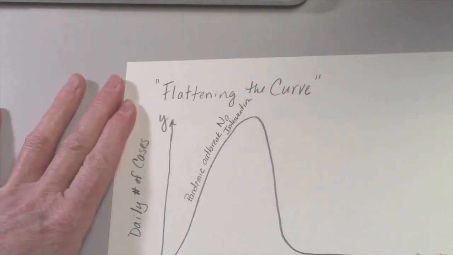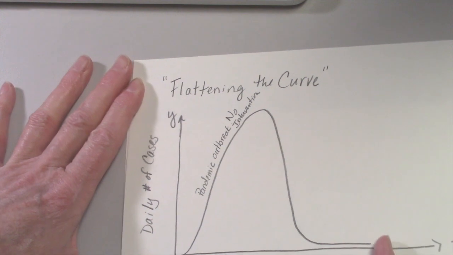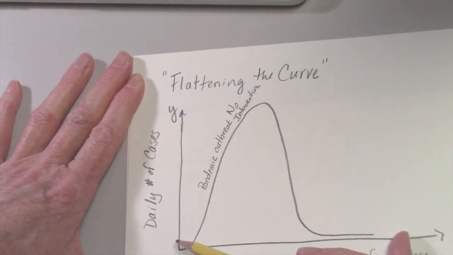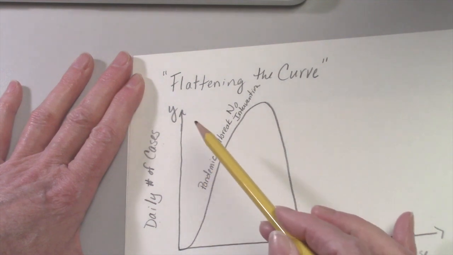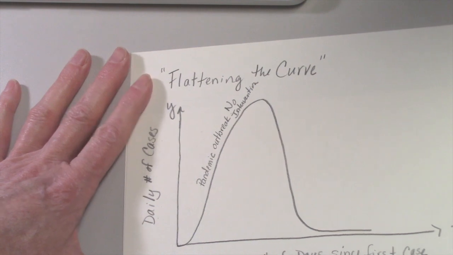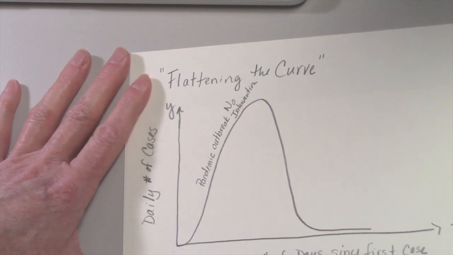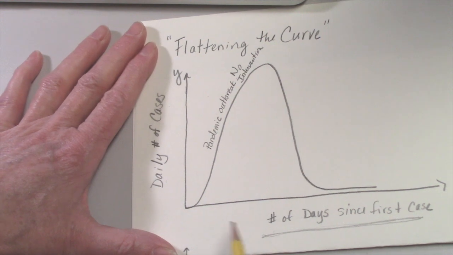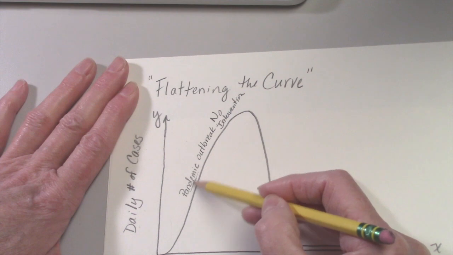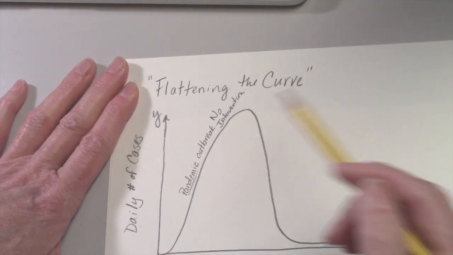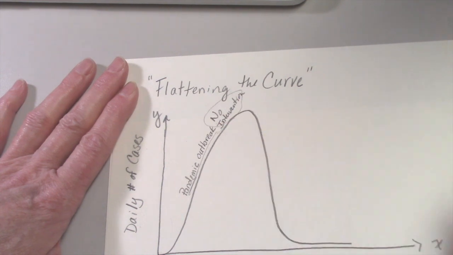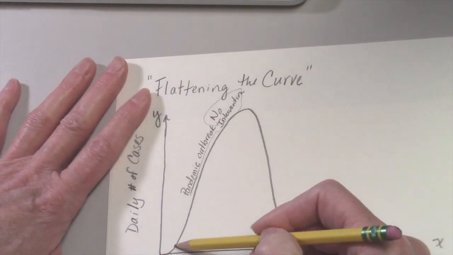So if we take a look at my little sketch here, what they were doing was tracking the daily number of cases on the y-axis. Okay, and then as those cases kept going up and up and up very quickly, over days since the first time they started tracking it, they were like, holy cow, we got to keep an eye on this thing. It was growing so quickly. That's when it becomes the definition of a pandemic, which is an outbreak with no intervention, no stopping, or no control of it. Then it just keeps going